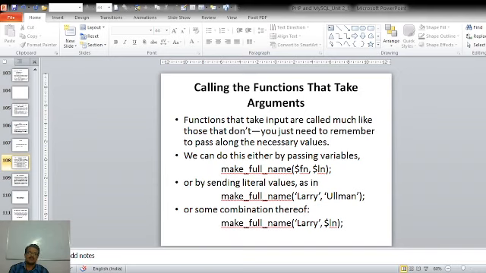Or we can call the function by sending literal values. Instead of using variables, we can send two strings, suppose we have sent the two values like Larry and Ullman, or some combination of both. We can call the function by passing variables, passing values, or a combination of variable and value. So in these three ways we can call a function that takes arguments.